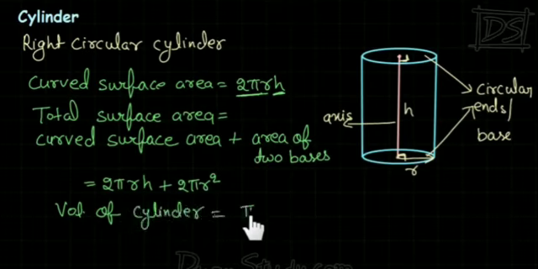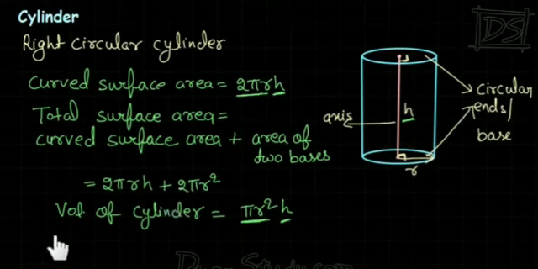Now we will find the volume of a cylinder, that is pi r square h. Volume of a cylinder means the complete base area and the height, that is pi r square into h. As it is a right circular cylinder, the height and the radius will be perpendicular to each other. This topic you have to learn very carefully, students, and you can derive such types of formulas on your own if you watch the video very carefully and listen.